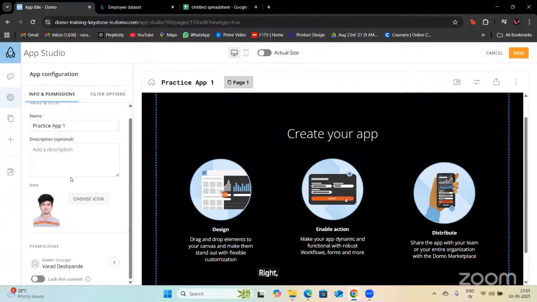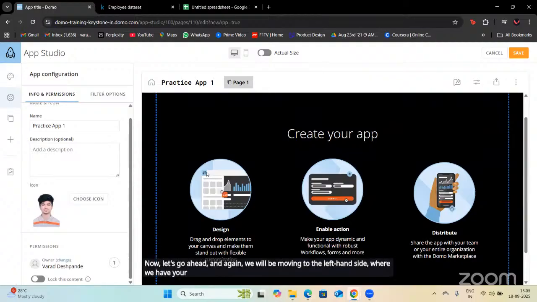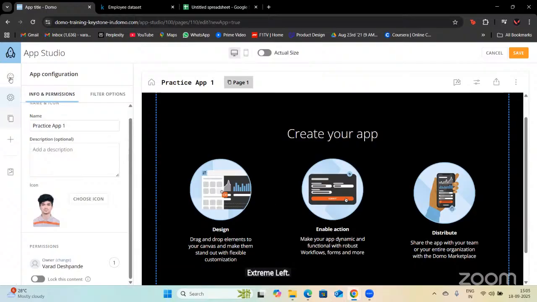Right. So this is all which we have in terms of the app configuration. Now let's go ahead, and again we will be moving to the left hand side where we have our control menu, extreme left. Let's explore the third one. This is your pages and navigation. If you click on it,